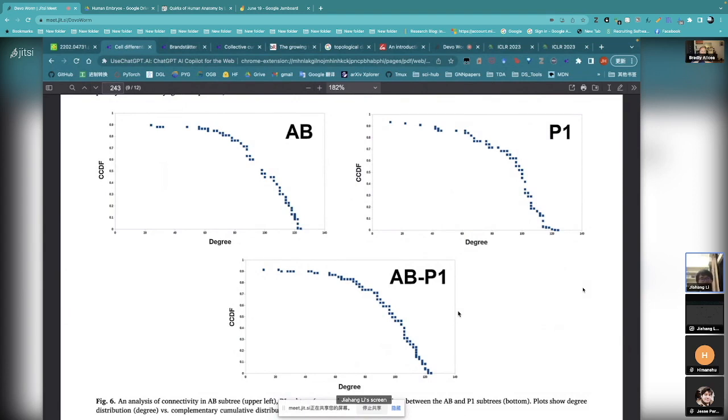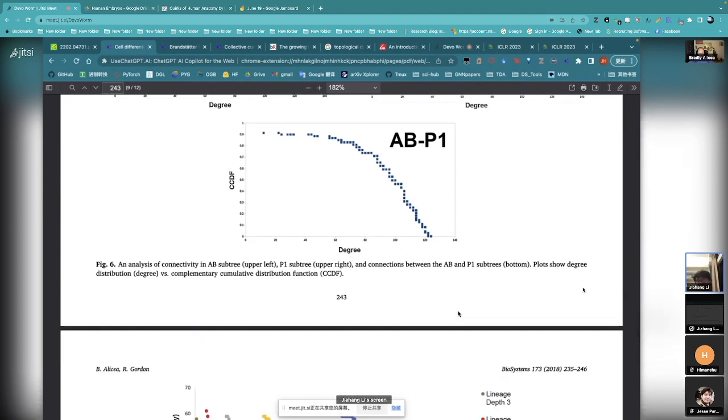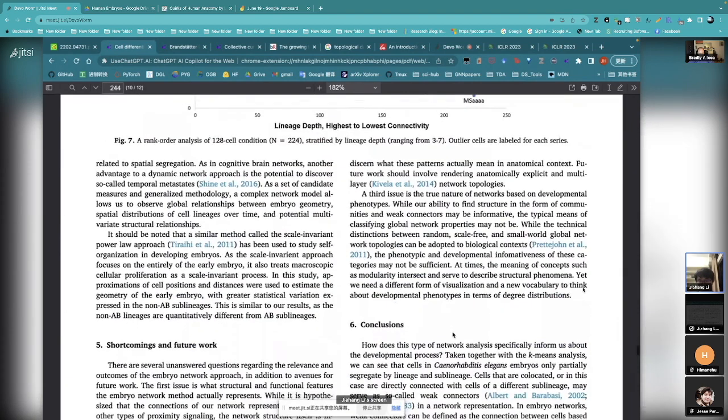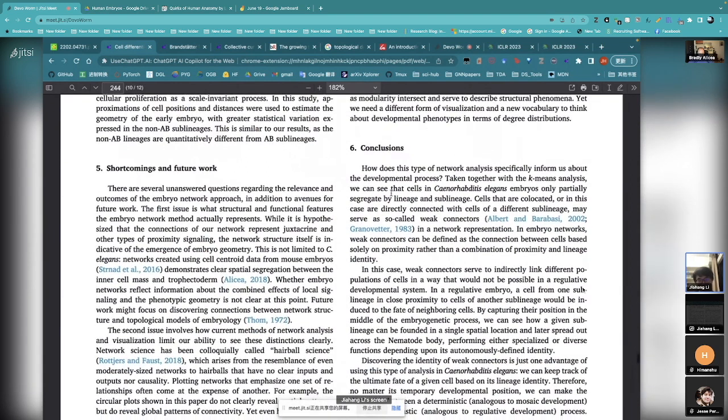For example, connectivity is a very important property in the network structure of the cell development process. If you look at the conclusion, we can see that cells in C. elegans embryos only partially segregate by lineage, sublineage, and cells that are co-located may serve as so-called weak connectors